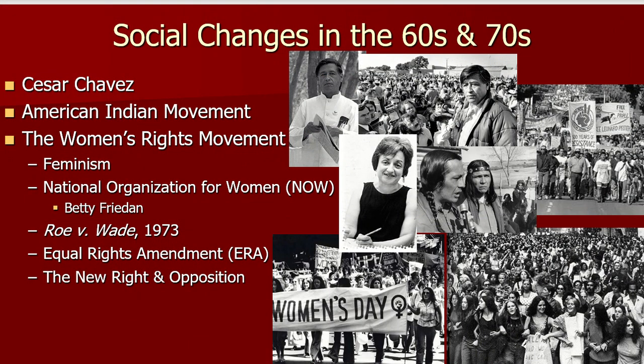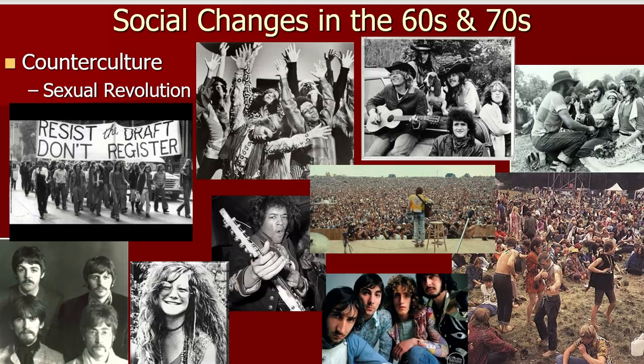We didn't really cover all this before, but understand back home you have other movements that are taking place too, countercultural movements, women's rights movements, Latino movements. So just like civil rights are happening in the 1960s with people like Malcolm X and Martin Luther King, you have women's rights, people who are protesting for civil rights as well. Women want to be treated with more equality, be paid better. Native Americans as well as Latino Americans are also fighting for their rights too. People like Cesar Chavez and the American Indian Movement. So those are movements that are happening simultaneously with Vietnam.